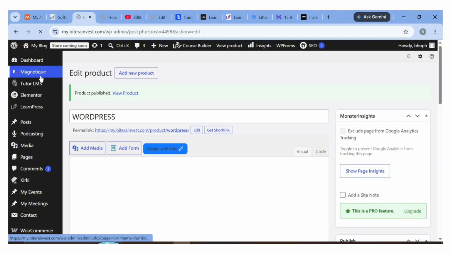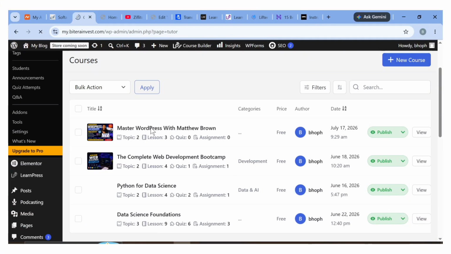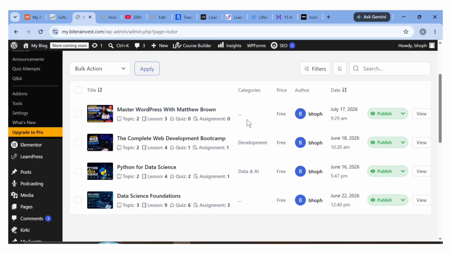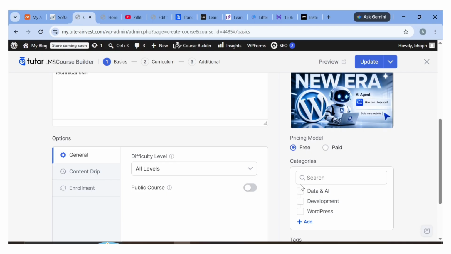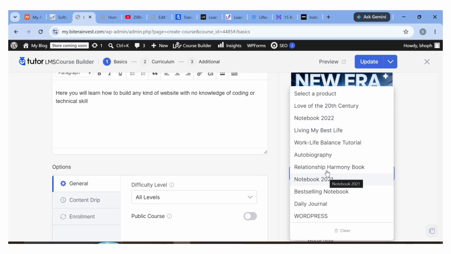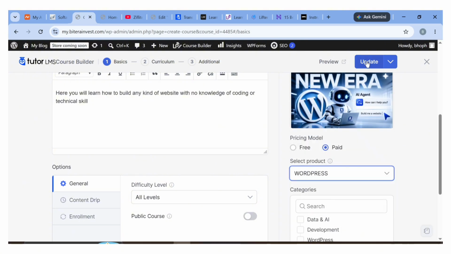What we need to do is to come to Tutor LMS. So we go to courses. Now we pick this course, Master WordPress with Matthew Brown. Then you click on this and click on edit. Now you can create the product before you create the course, whichever one. Now scroll down under free, we're going to choose paid, and we'll select the product, right? It's called WordPress. Then we click on update,